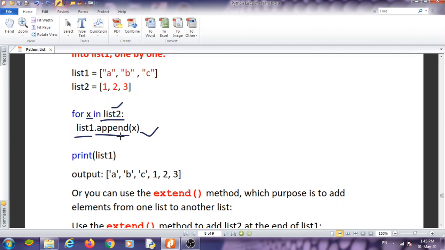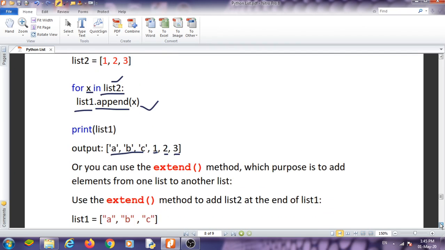That means we are adding elements into list 1, and the elements come from list 2. List 1 is ABC, and the first, second and third elements of list 2 are also merged into list 1.